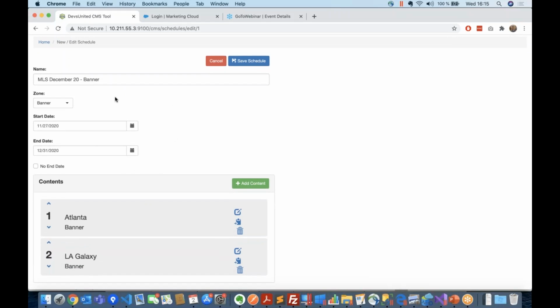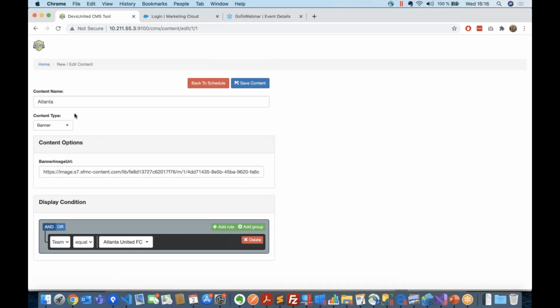Suppose that the client needs to configure this newsletter email with the data for December. So the client will set up the dates, the start and end date, and then we'll start adding new contents. So, for example, if the client needs to show a content based on a subscriber that has the Atlanta favorite team,